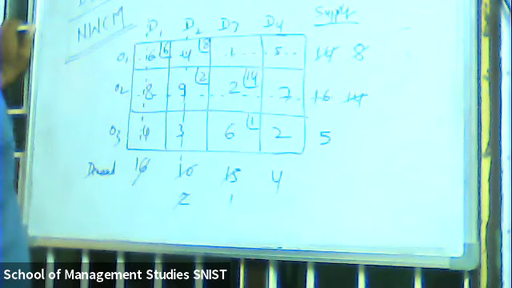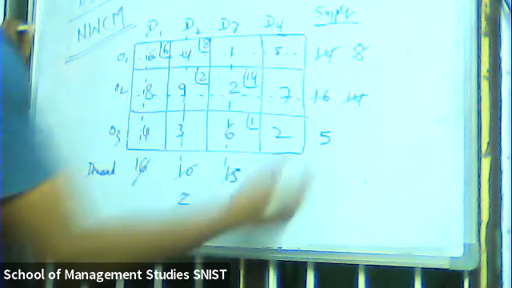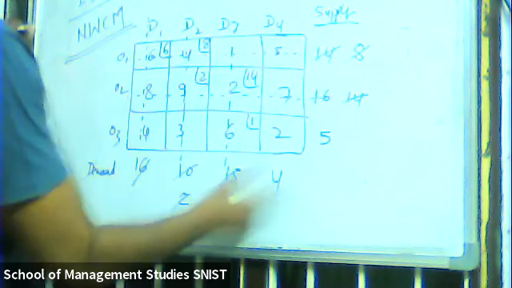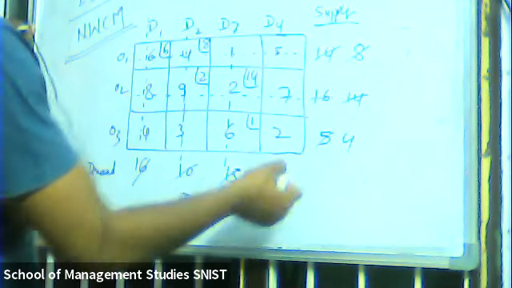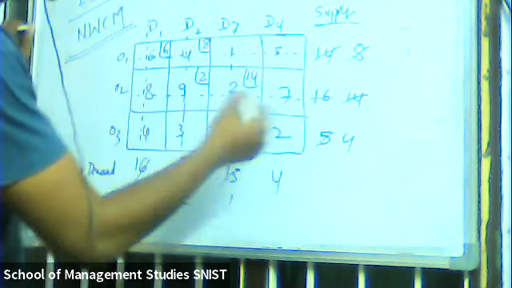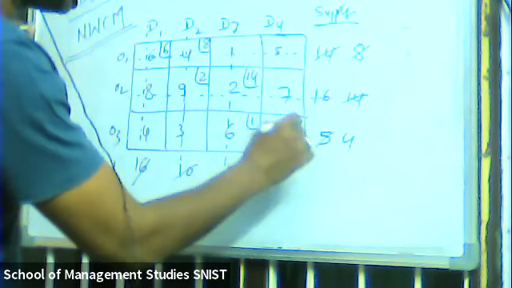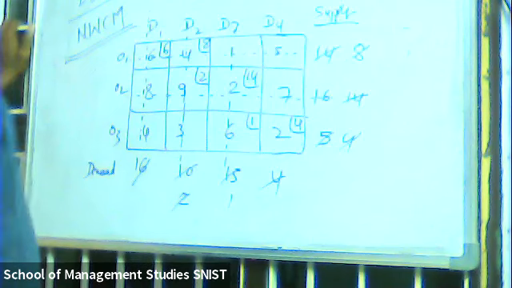Okay, now here we have 1, 5. I need to enter 1. Where do I have to enter? X33. So now 14 plus 1, 15. This is also satisfied. Because I have already entered here, it becomes 4. Now the leftover column, which is x34, that is the leftover value, which is 4, cancel, that's it.